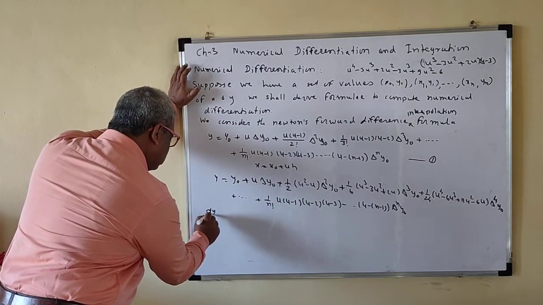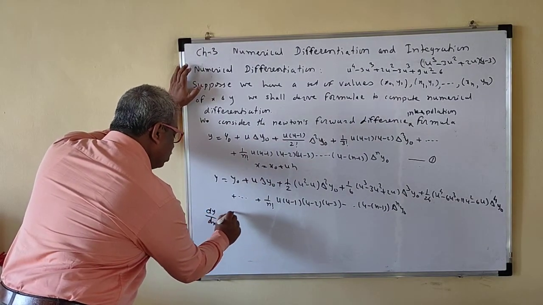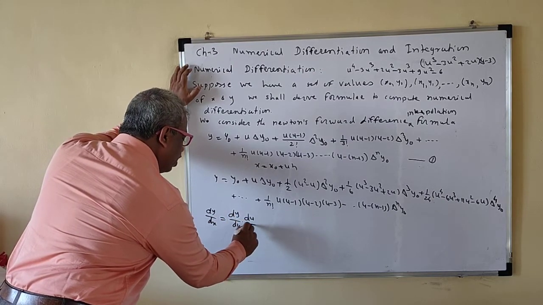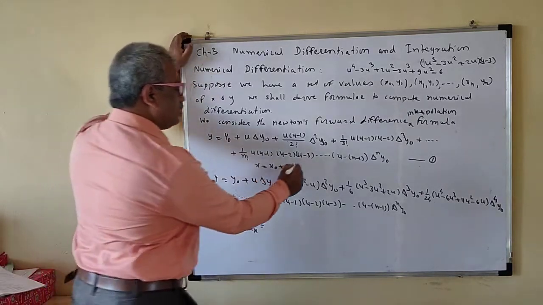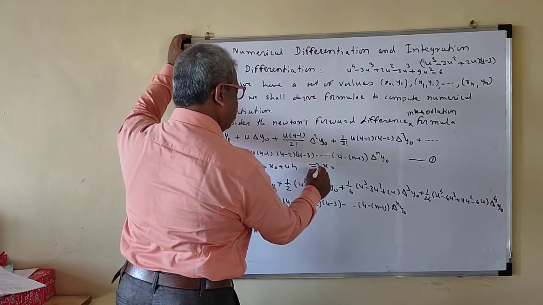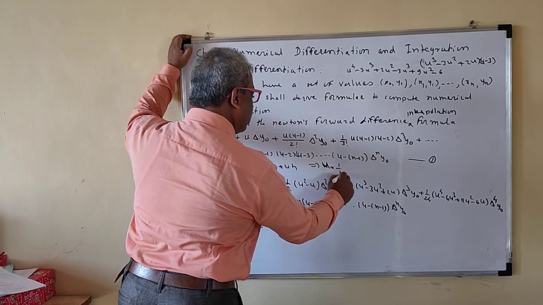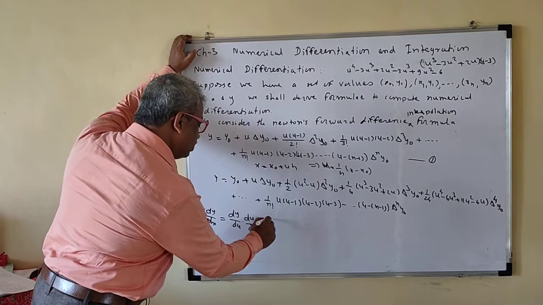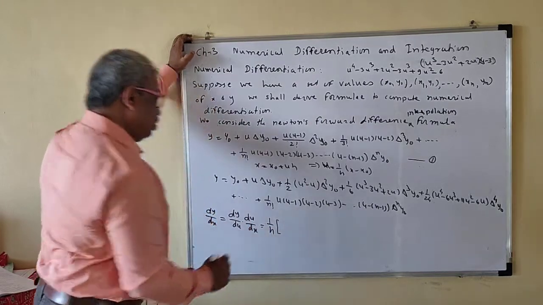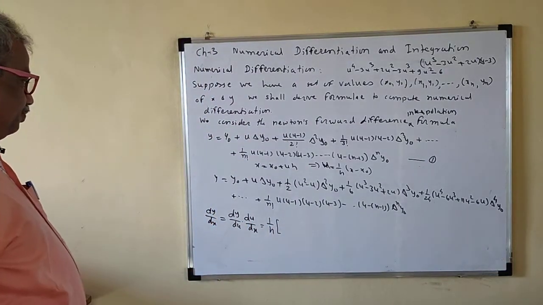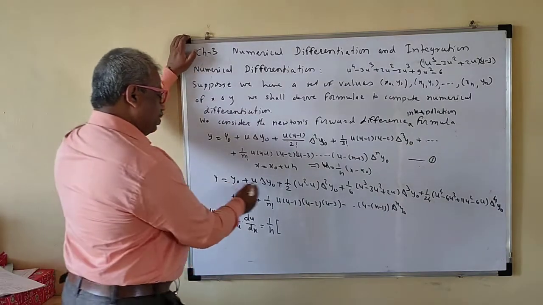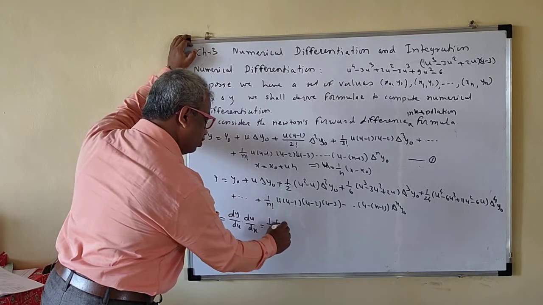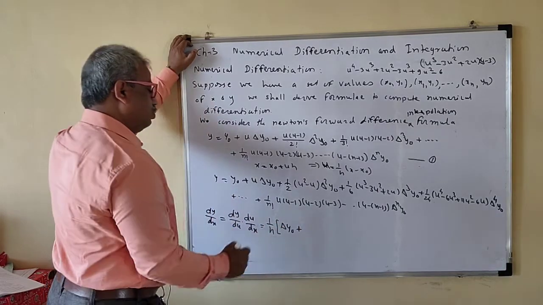Now we will differentiate this. Dy by dx is dy by du into du by dx. Now u is equal to 1 upon h, x minus x naught, so du by dx is 1 upon h. Now we differentiate this with respect to u. The derivative of y naught is 0, so this is del y naught plus 1 half